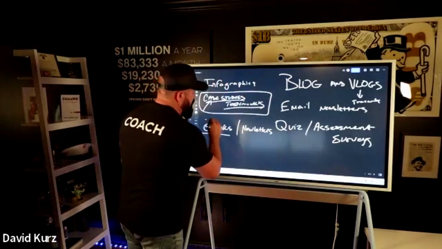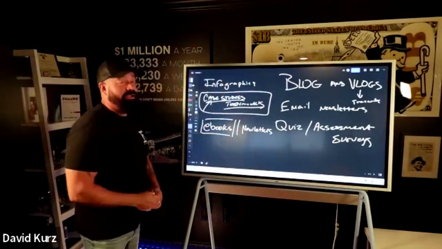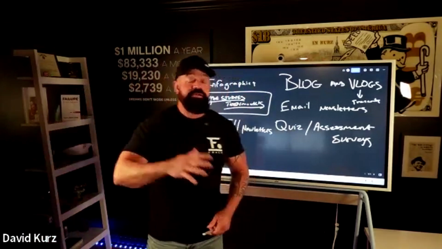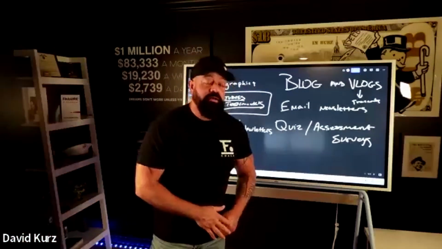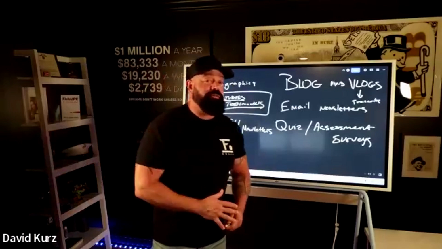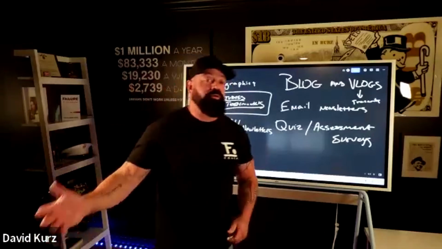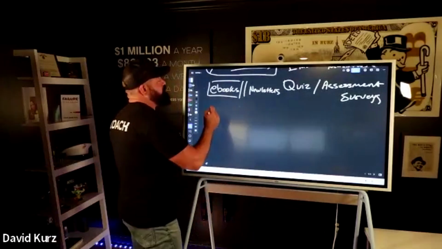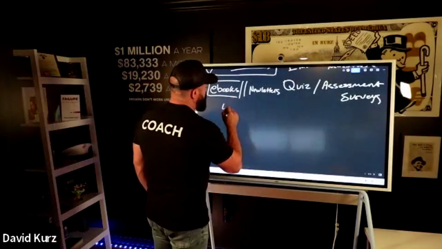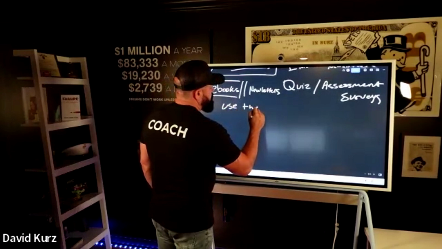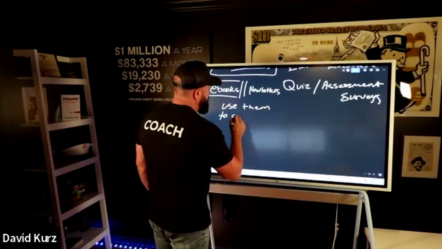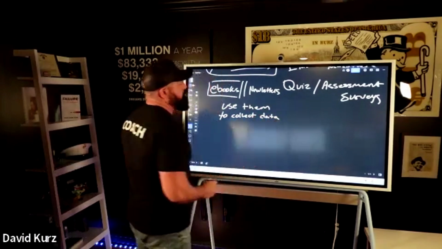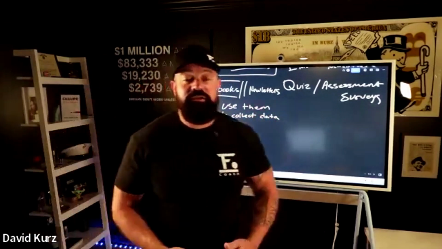And so these ebooks, man, they've become significantly easier to create because you have so much AI technology out there that can help you with subjects, that can help you with ebooks, that can help you with covers. You can go to Canva, you can create the books, you can create covers for your book, you can do all kinds of stuff like that. But the key to creating ebooks and newsletters is to use them to collect data. You don't give this stuff away without actually collecting someone's data.